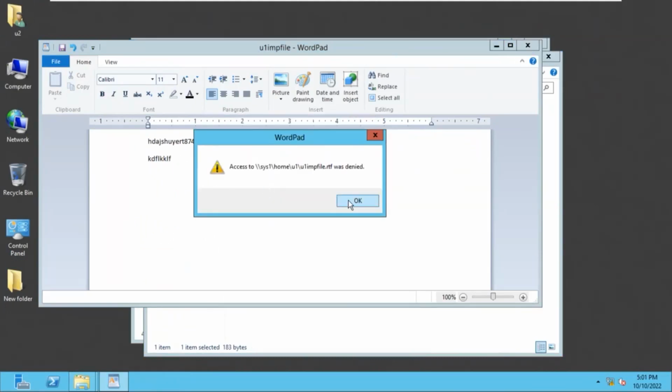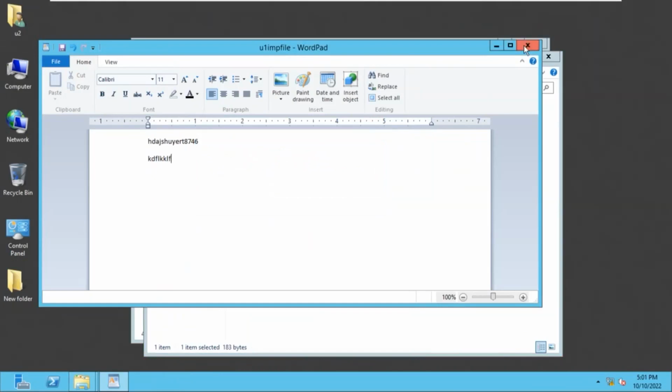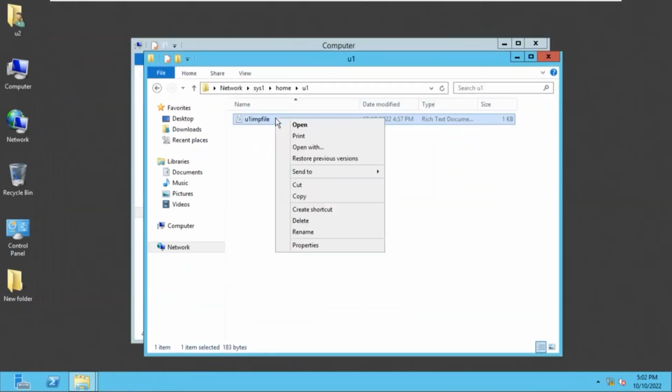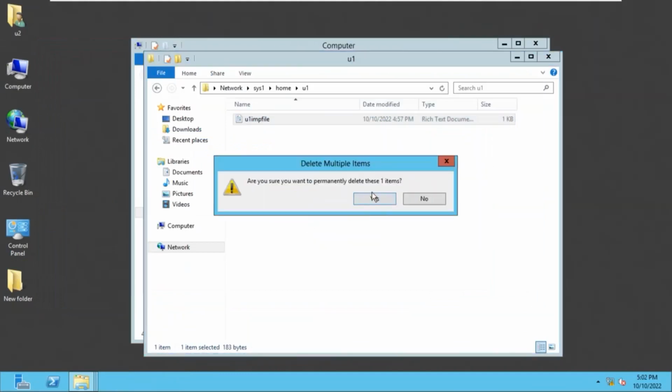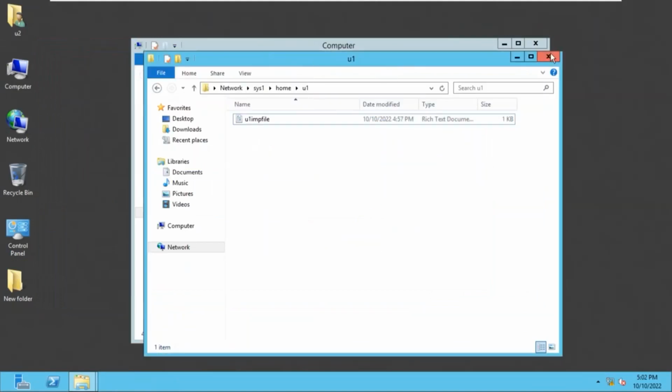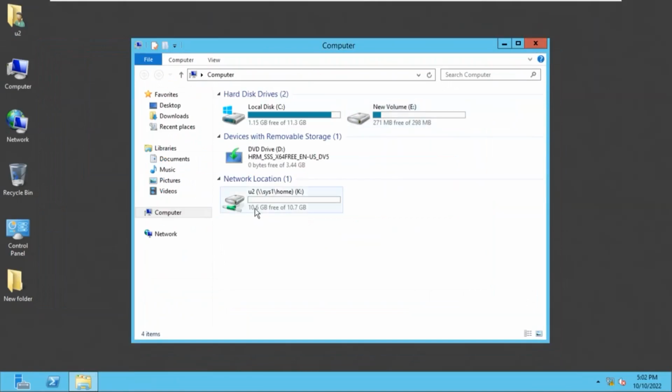Access denied because of read permission. Can he delete? Can he delete it? No, he can't delete. One user's data cannot be deleted, but he can see it. This is one problem. And the other problem is each and every user to whom a home folder is provided, everybody